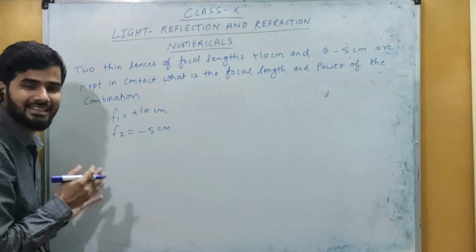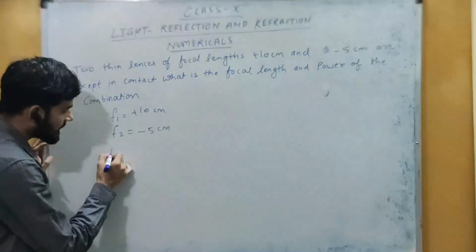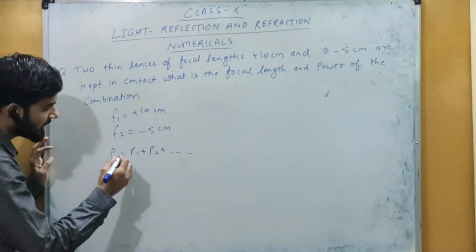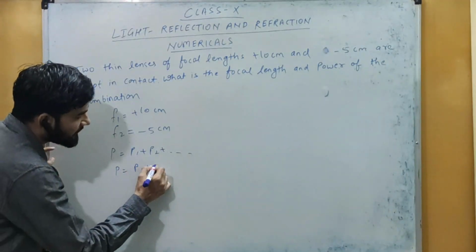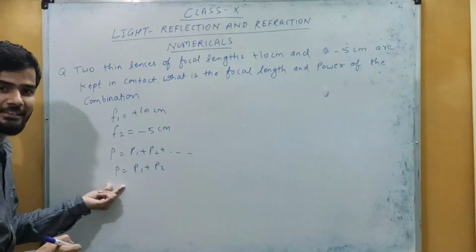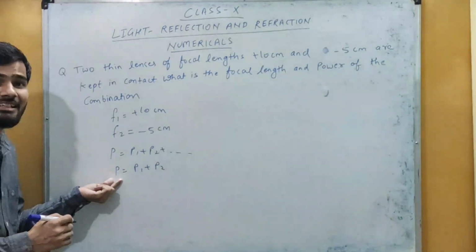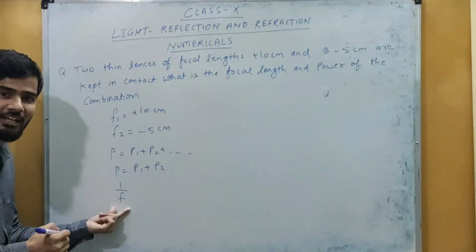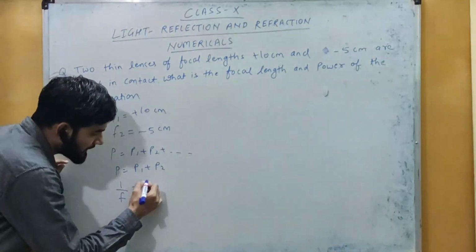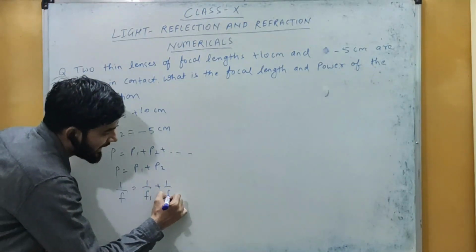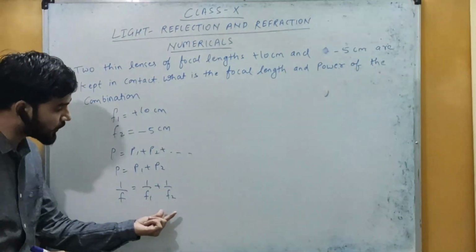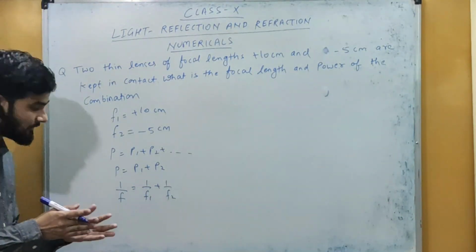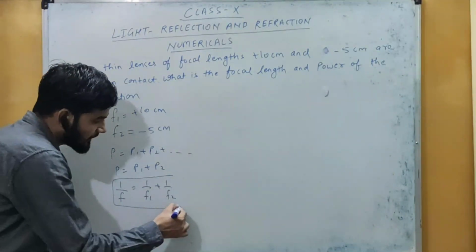Okay, now for the resultant power of the combination we have the formula P is equal to P1 plus P2 and so on. So here we have P is equal to P1 plus P2, and this P is equal to 1 by f. This P is the resultant power. तो अगर हम यहाँ पर लिखेंगे P is equal to 1 by f, then this f will be the resultant focal length, and for P1 I can write 1 by f1 plus 1 by f2. तो अगर हमारे पास दो फोकल लेंथ इंडिविजुअल गिवन है फॉर द टू लेंसेज which are kept in contact, then we can find the resultant focal length by this formula.